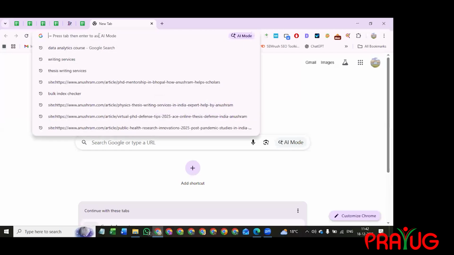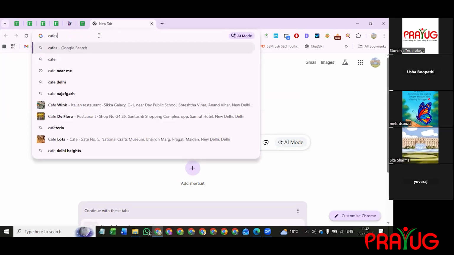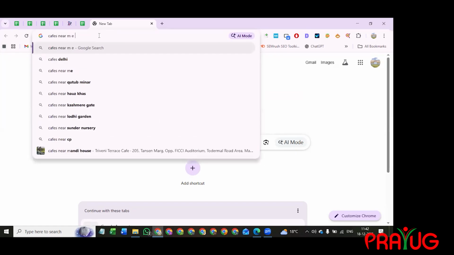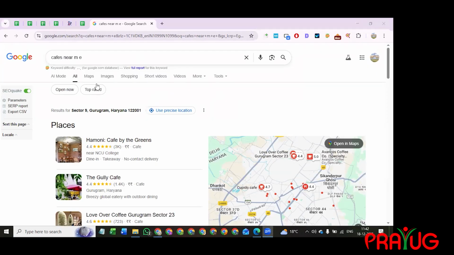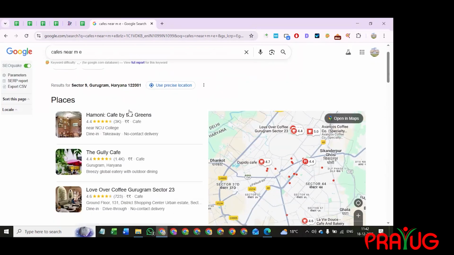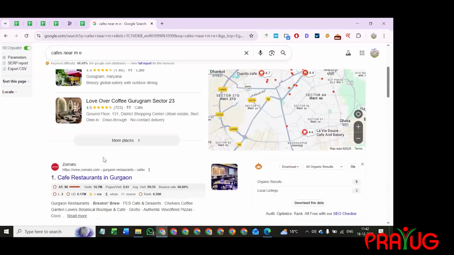Let's suppose I'm in Delhi right now. So I'll search for cafes near me. It will fetch my location first and show me the places according to that. It is showing sector 9, but I'm not in sector 9, Gurgaon right now. But whatever the places, if you have the user's proper location, they'll give you the places or the locations,